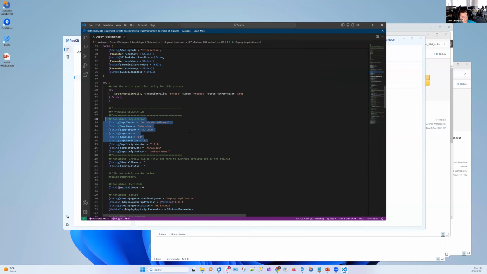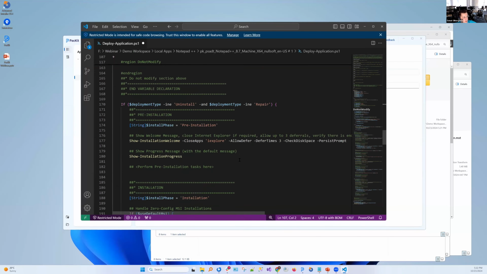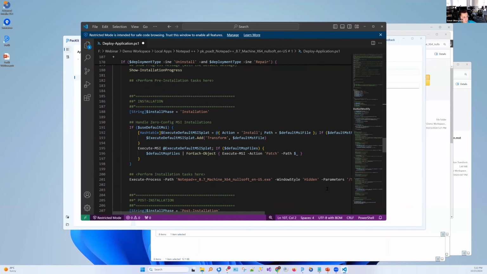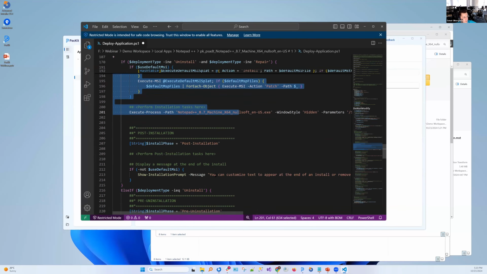As mentioned before, we extract the metadata. So currently we are populating the installation phase, we see right here, and the uninstall for